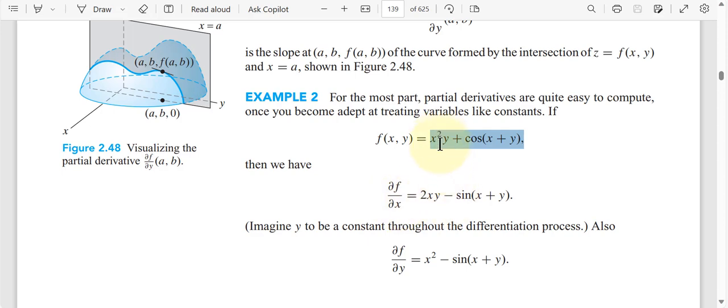And we can, as you probably know, just treat y as a constant because we're asking for the partial derivative with respect to x. So we get this result, and if we do the partial derivative,